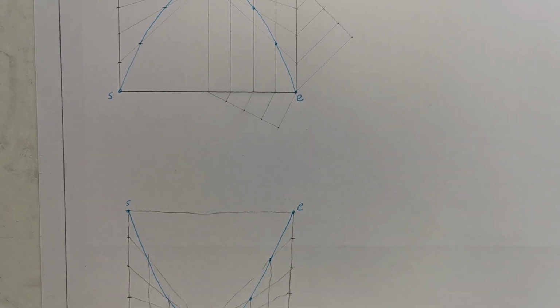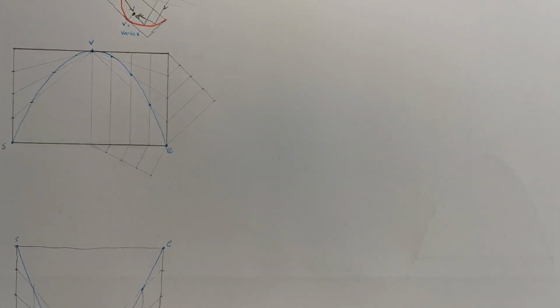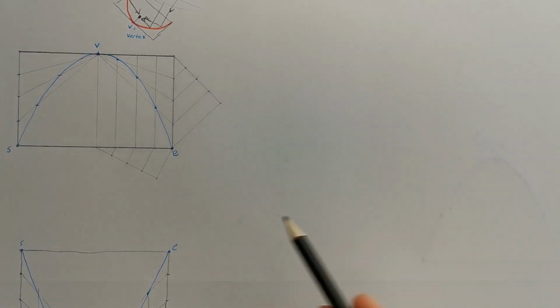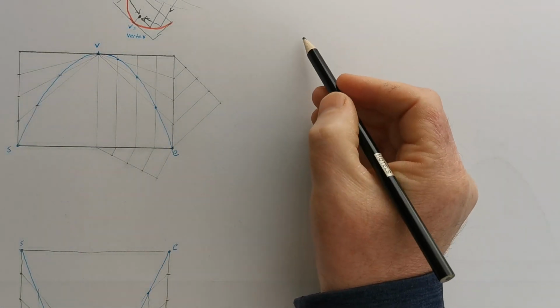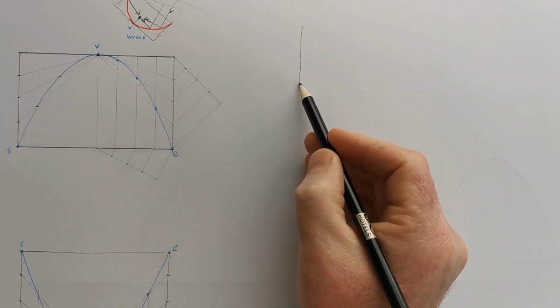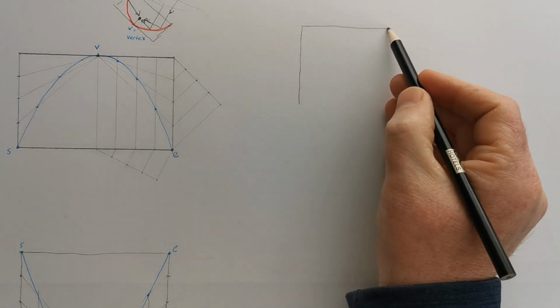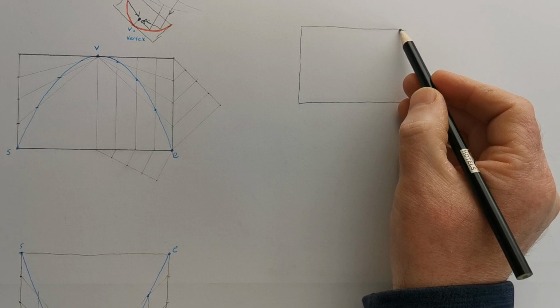Okay, and just adjust the camera there again. So we've done a normal shaped one, an upside down one, and what I would recommend there then is that you just do some different shapes, like